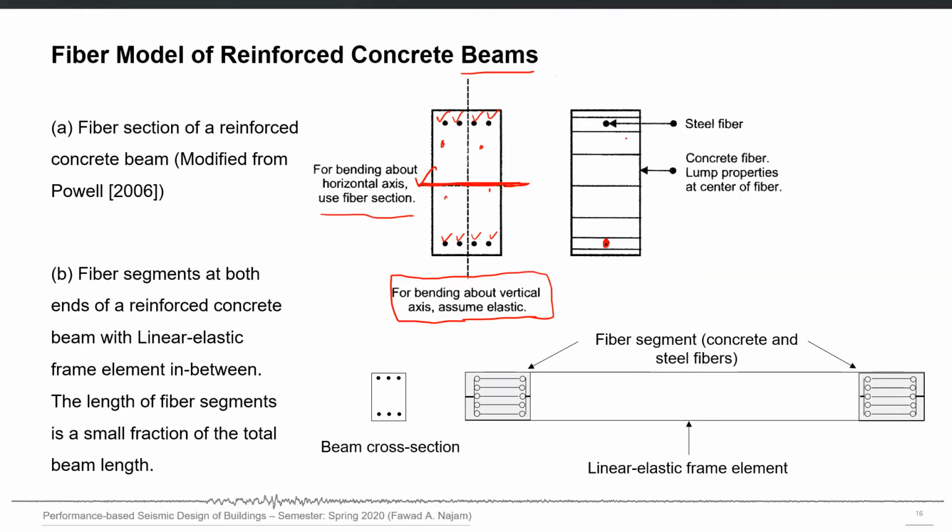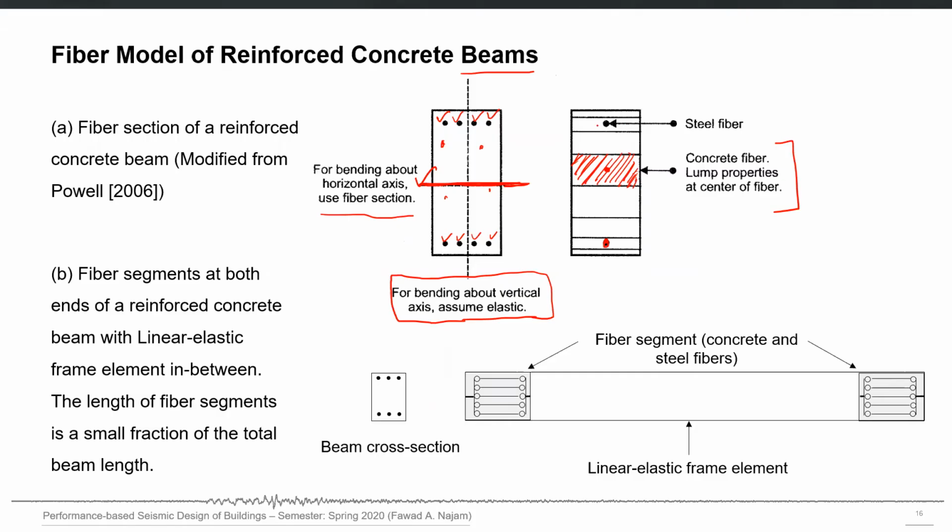And then we have concrete fibers, which we cut along the primary bending axis. Those fibers will be given some area and location, obviously, and then stress strain behavior. We lump properties at the center of the fiber; basically we provide these properties at the center, and at that point we have some tributary area. So the whole area will become one concrete fiber.